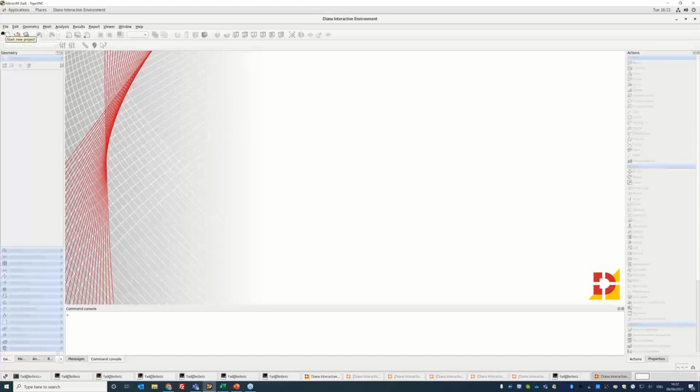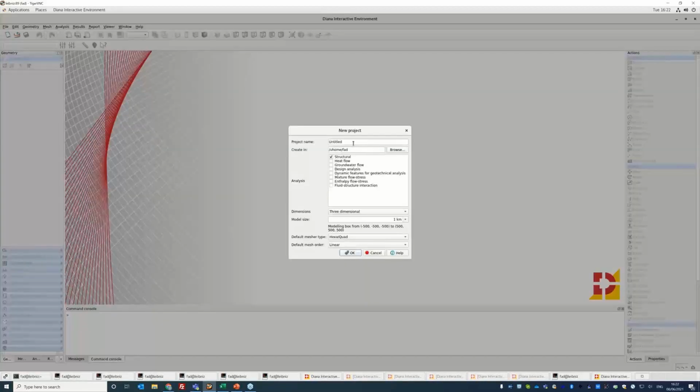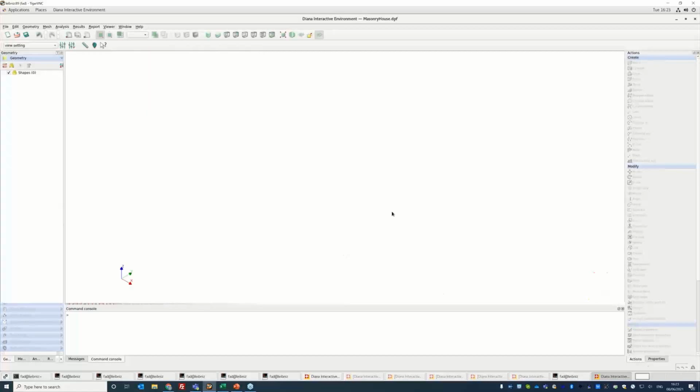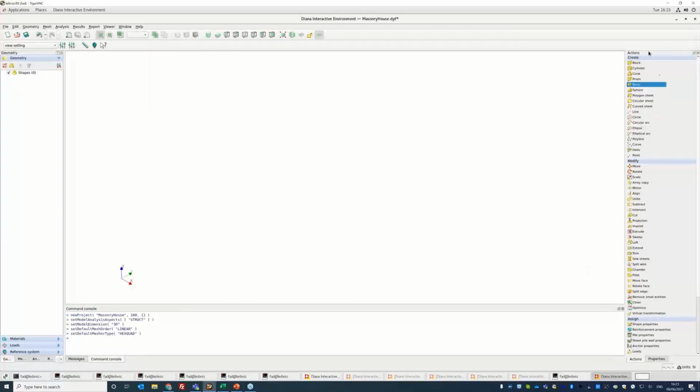So I'm going to start a new project. I will call it masonry house. So it's a three-dimensional model. The model size is 100 meters. We will keep the units as SI, and I will start the geometry